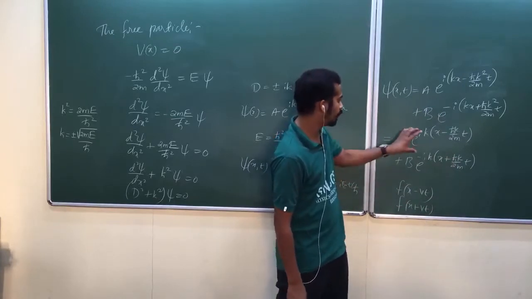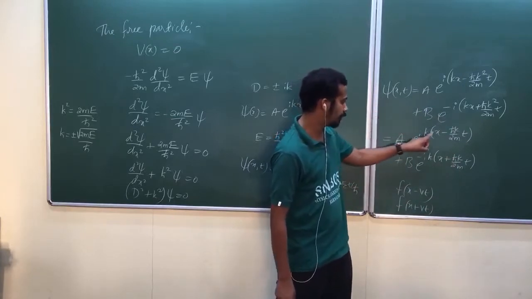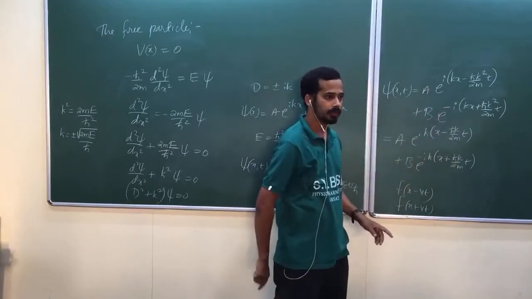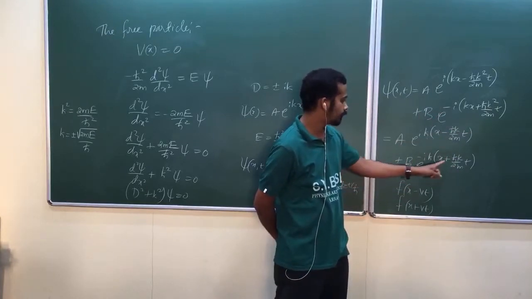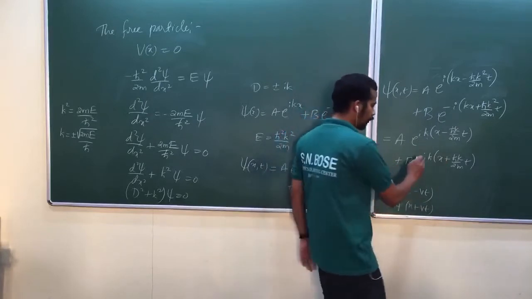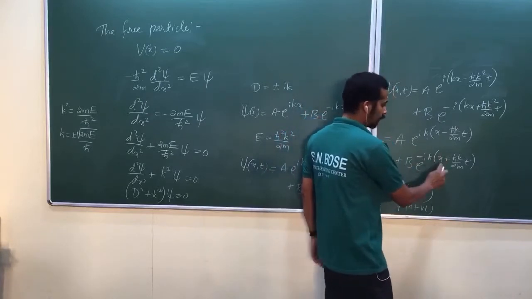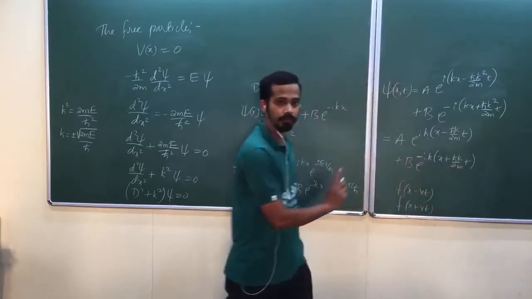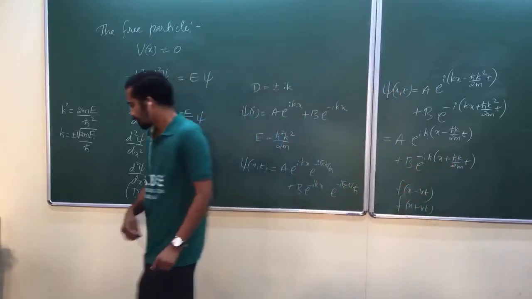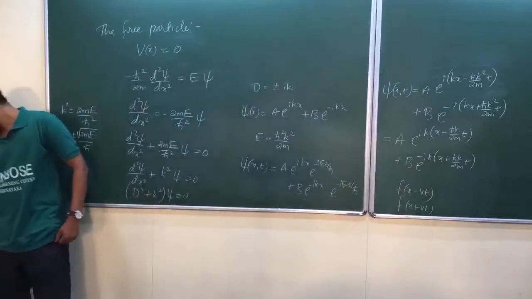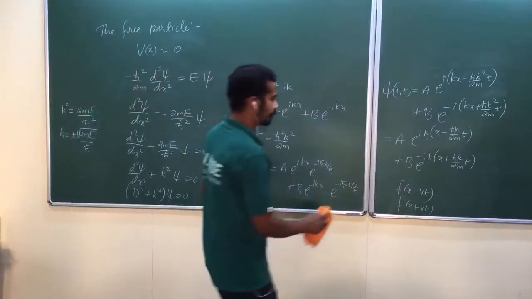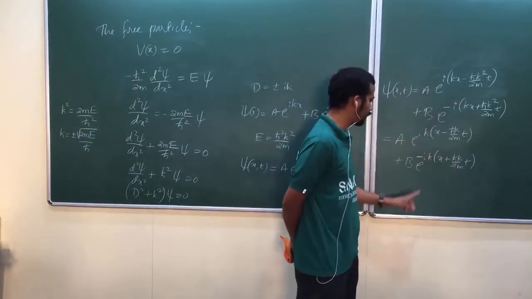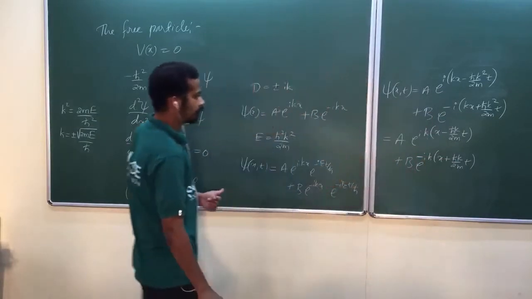So that's why, when you see this solution, the first part talks about a wave traveling to the right, positive x-axis. The second one represents a wave traveling to the left. Don't worry about this negative sign, okay? It all depends on this one, x plus vt. Don't worry about this negative sign. Is it clear? The first part represents a wave traveling to the right, the second part a wave traveling to the left.